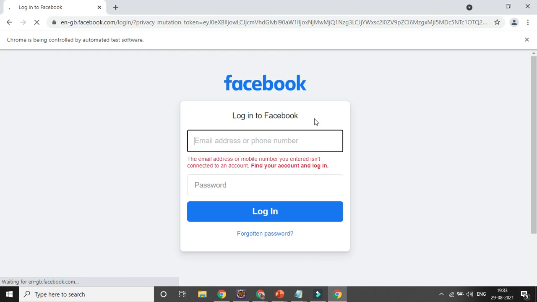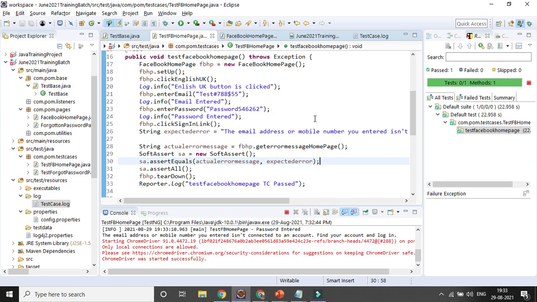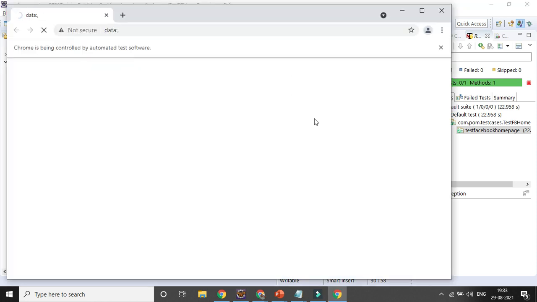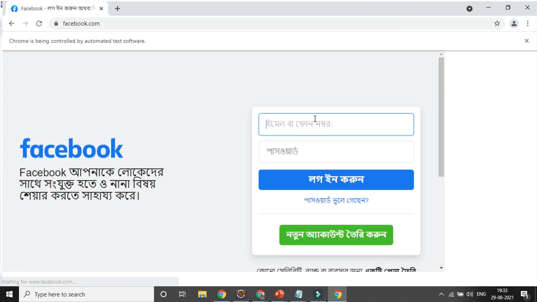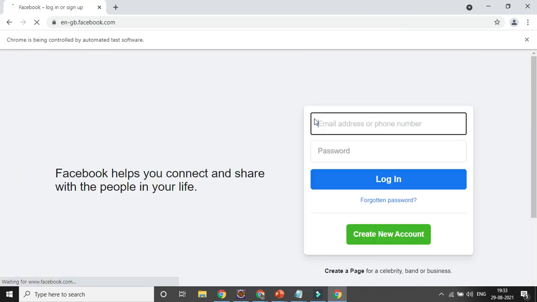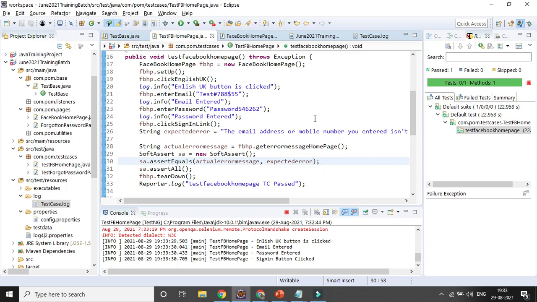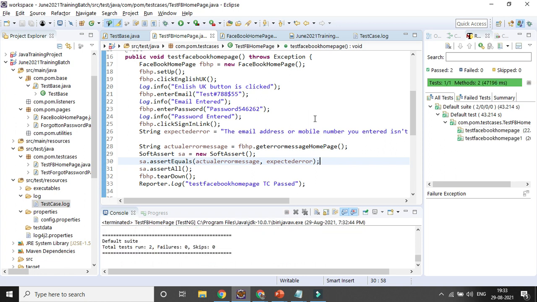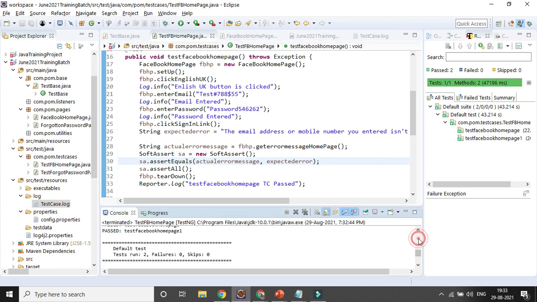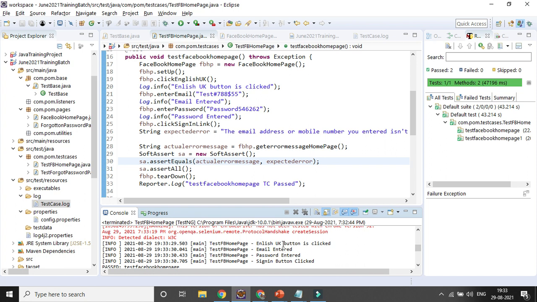You can see your test case is getting executed. The Reporter.log part is also not coming in the console. Okay, you can see two test cases passed, but if you go to the console, you can see only the part available as part of log4j.